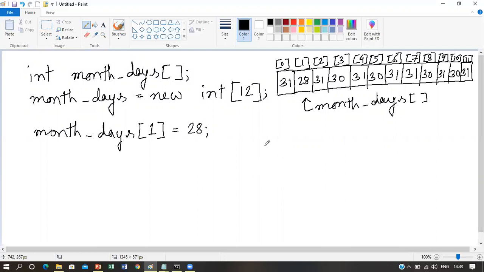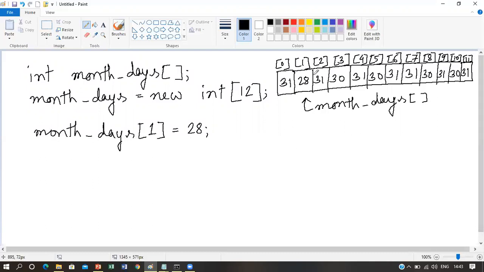So the first month is January, and its number of days count is 31, which has been stored in the 0th index. The next month is February, and its number of days count is 28, or 29 if it's a leap year. And this is how it goes on, and this is the thing that we want to put in all the cells or array elements.